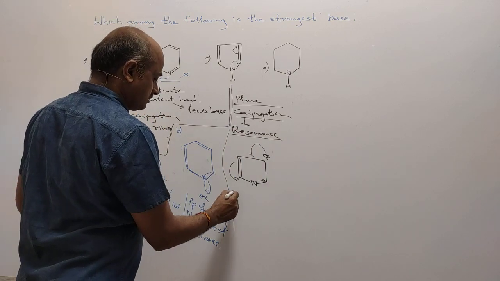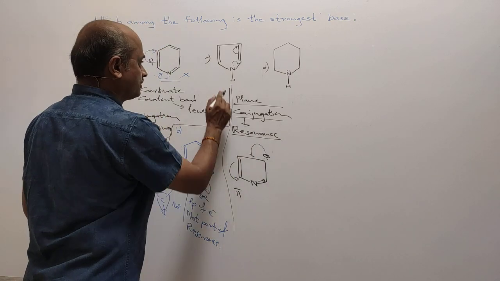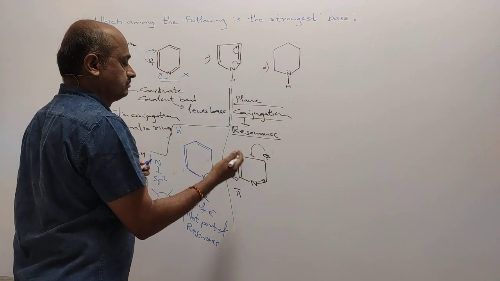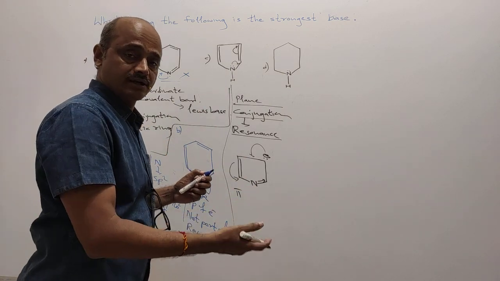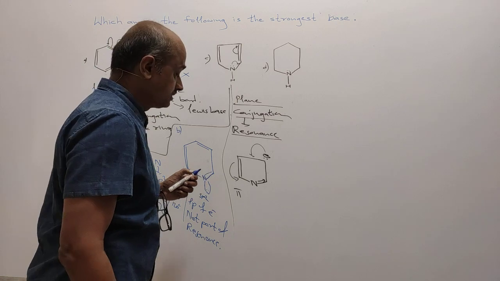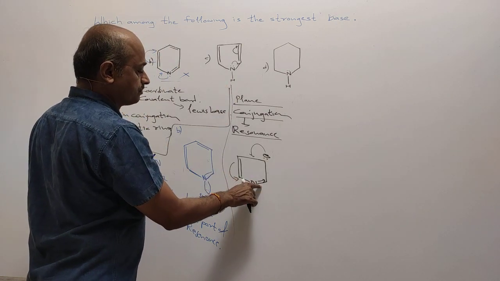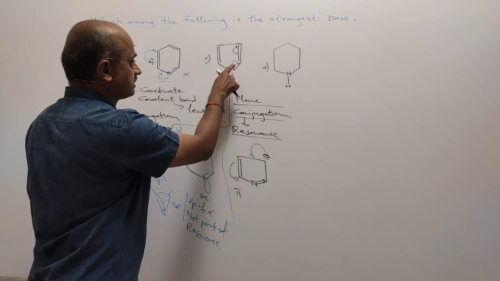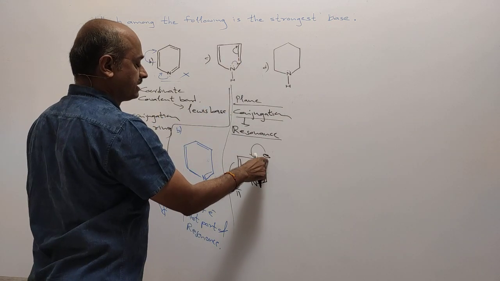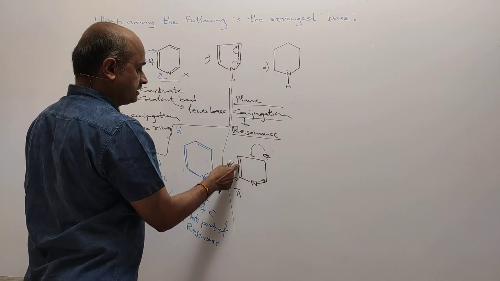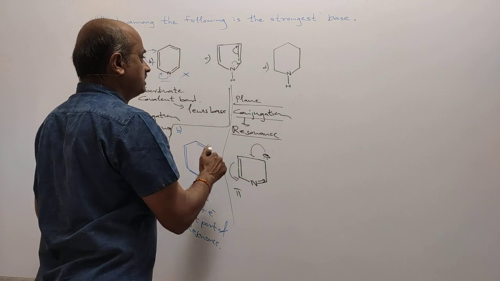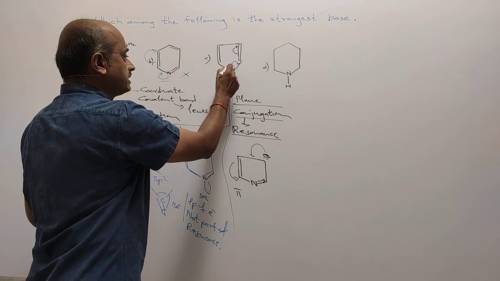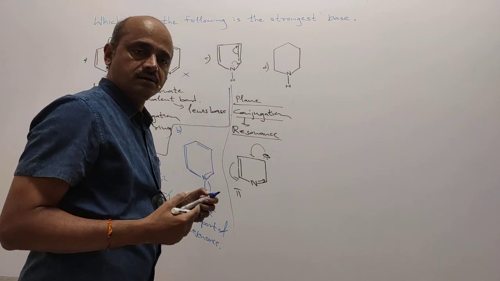And in the ring, although this is a lone pair, in some other possible resonating forms the lone pair gets a pi character. And earlier this was pi, it gets a lone pair character. The lone pair again becomes a pi, and this pi becomes a lone pair. Therefore, this lone pair has a pi character,